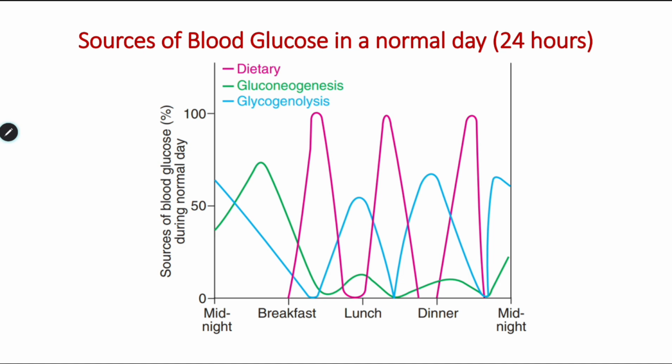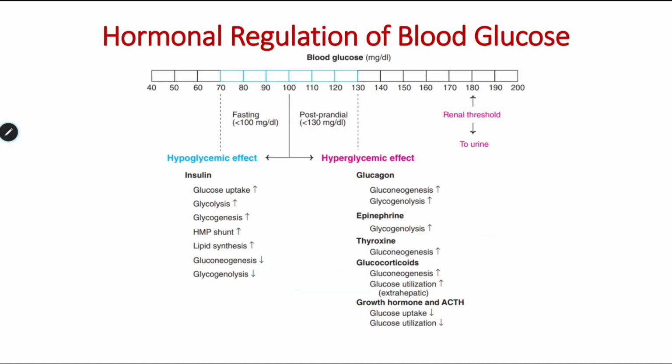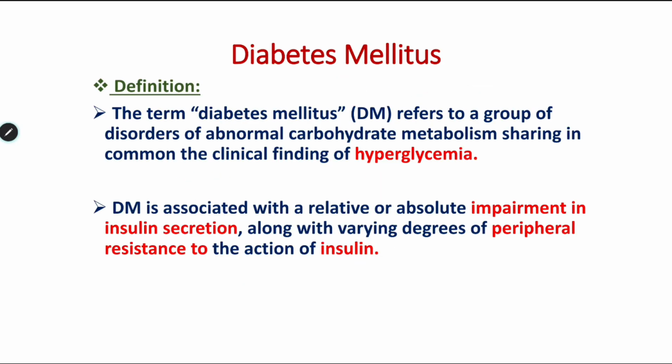Coming to hormonal regulation of blood glucose, there are several hormones that can increase blood glucose levels like glucagon, epinephrine, thyroxine, glucocorticoids like cortisol, growth hormone and adrenocorticotrophic hormone. And the only hormone which counteracts the effect of all of these hormones is insulin. Insulin is the only hypoglycemic hormone in the body. Now,